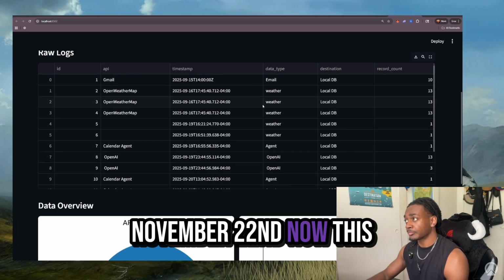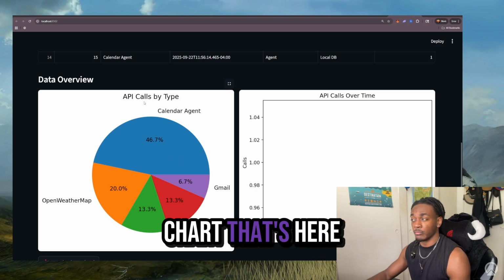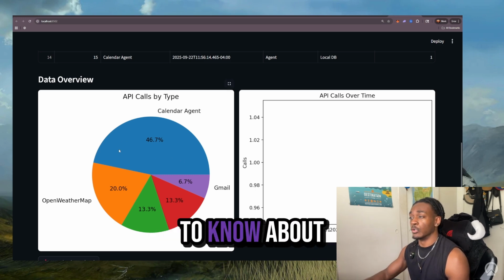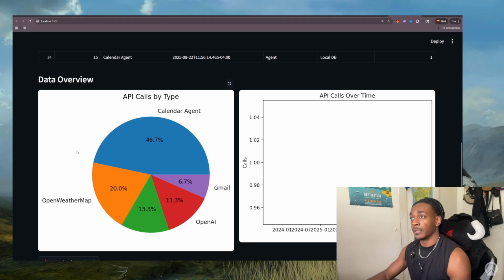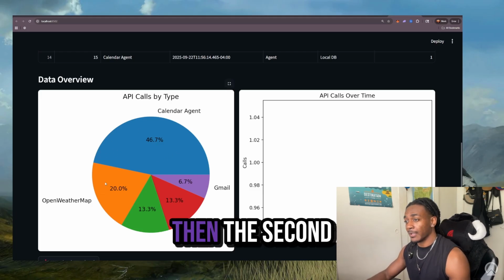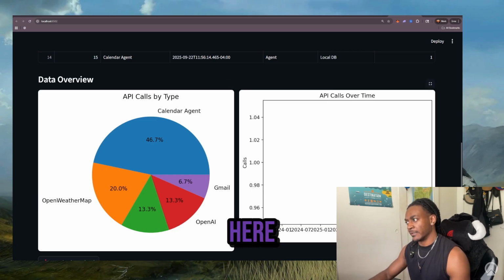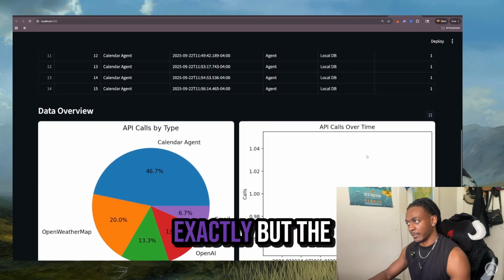Now, this is amazing. Even if I go down here and look at the pie chart that's here, it'll tell you everything you need to know about, okay, the calendar agent is taking up the most API calls. Then the second one is going to be Open Weather Map. Okay, this chart right here I have to tweak around and play with a little bit. It's not working exactly, but